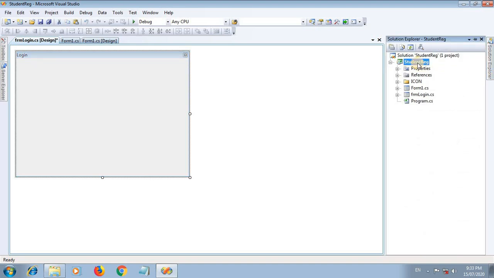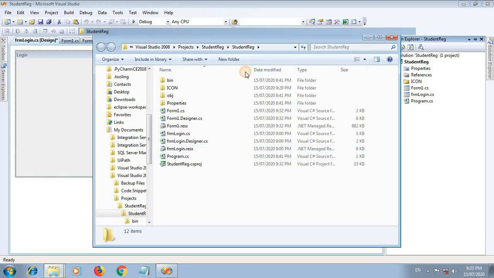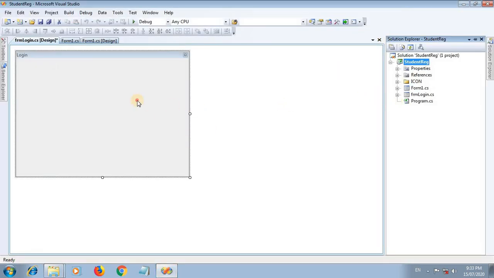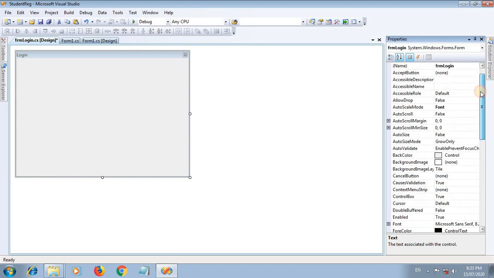go to our project and open the folder in Windows Explorer. So this is our project folder. Copy the link and go to the properties window and change the background image.